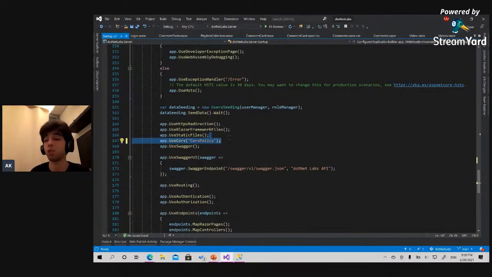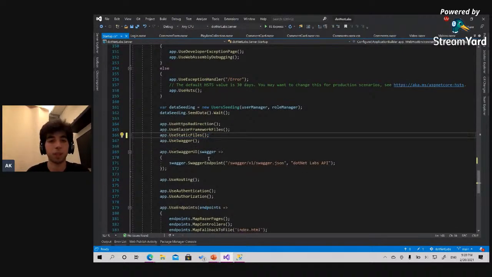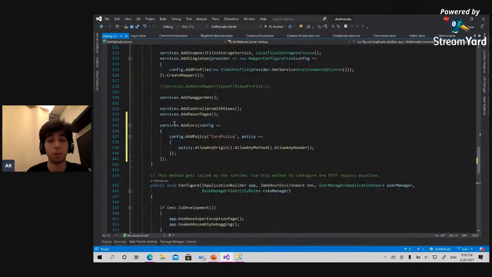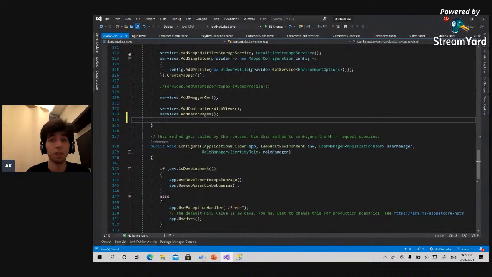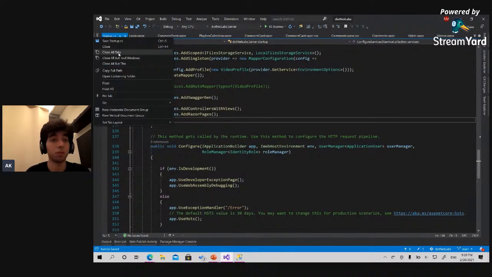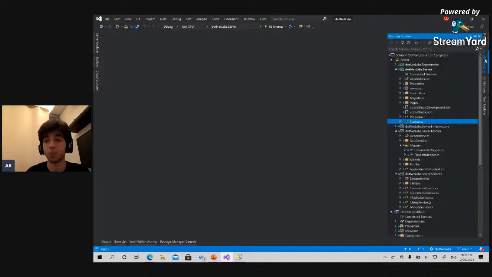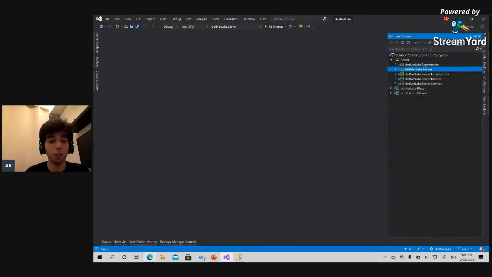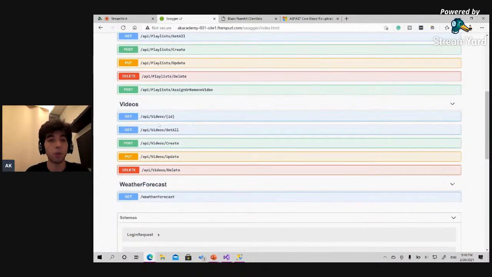This is in case you are communicating from an external domain, not like a Blazor WebAssembly hosted app. So this is everything you need to do, and this is all the stuff. So this is great. Right now, if we go back to the API, so what we need to